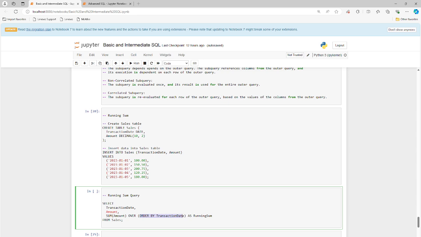Okay, so order by transaction date. I believe this is it. Is this descending or ascending by default? I forgot. You can use ASC or DESC and then get it right. I forgot what the default is. Might be descending. As running sum from sales, so you're summing everything over,